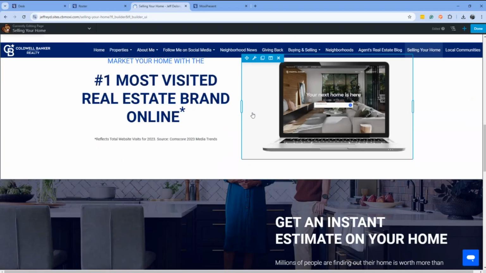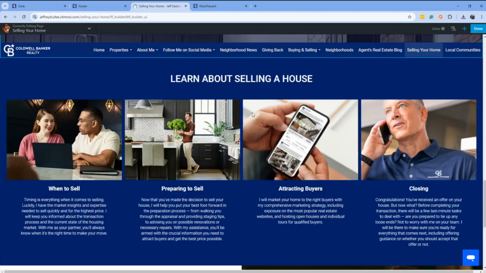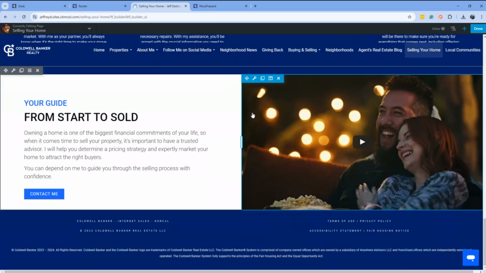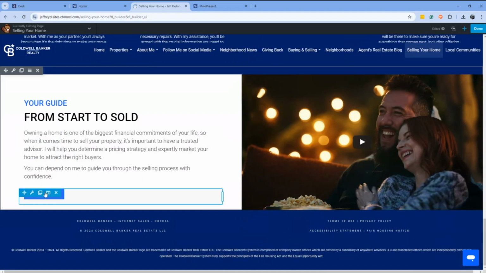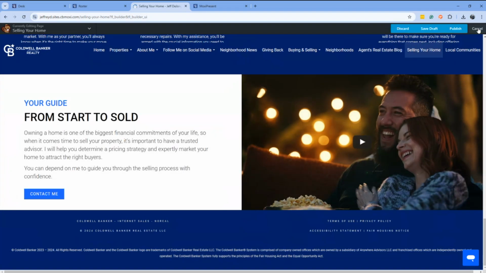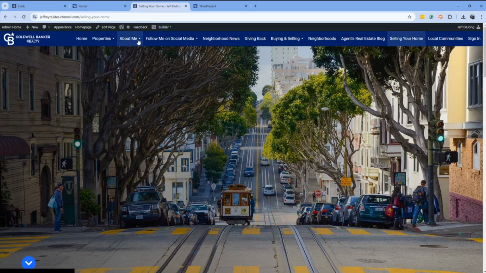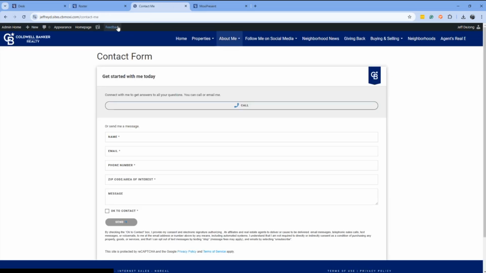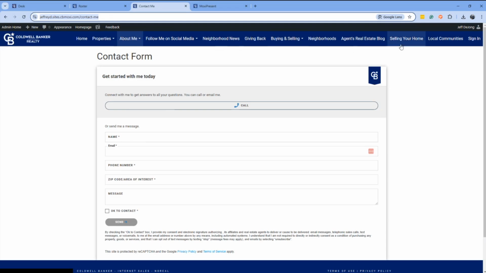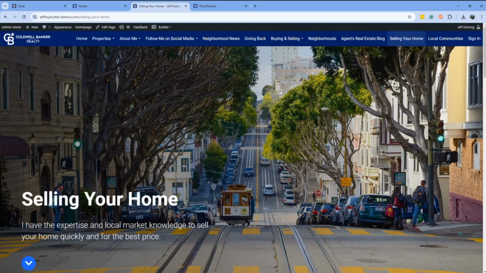So you can see that this page already has some very good information. It is nicely laid out, but we do want to add a couple things. The first thing that we'll want to do is make sure that this Contact Me button is correctly set up to go to our Contact Me page. Again, if I wanted to do that, I could click on Done and Publish to save my progress on this page. Go back to About Me, Contact Me, copy that URL,